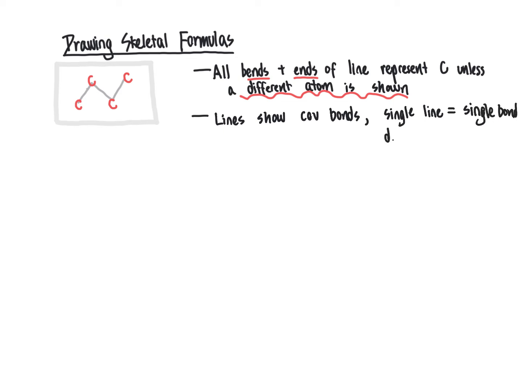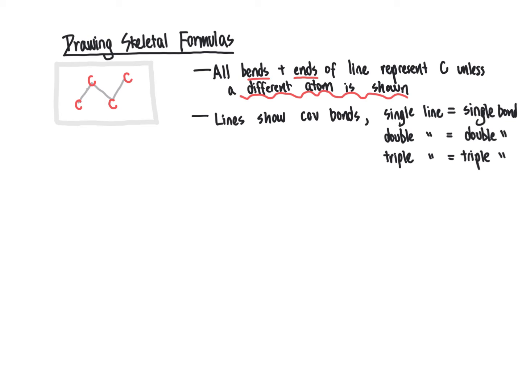A double line represents a double bond. And as you might be guessing by now, a triple line represents a triple covalent bond. So in the case of the structure here, what we can determine is that every single bond within this molecule is a single covalent bond, since all we see here are single lines connecting our atoms, not double lines, not